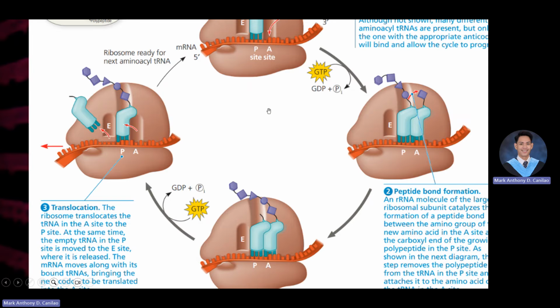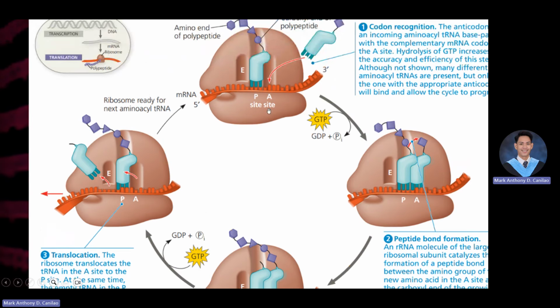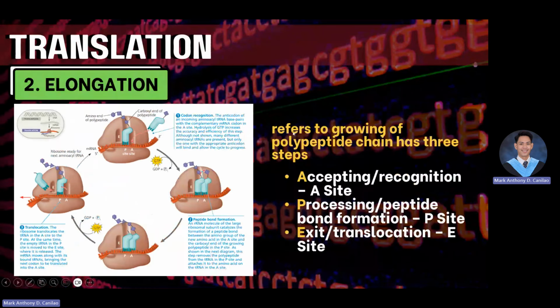So the process continues until there will come a time that we reach the last part of the mRNA transcript that we have. Okay? So let's repeat that there are 3 sites involved in the ribosome, namely the accepting or recognition site, wherein the tRNA carrying an amino acid first goes. The P site, or processing or peptide bond formation site, is the site wherein one amino acid will be attached